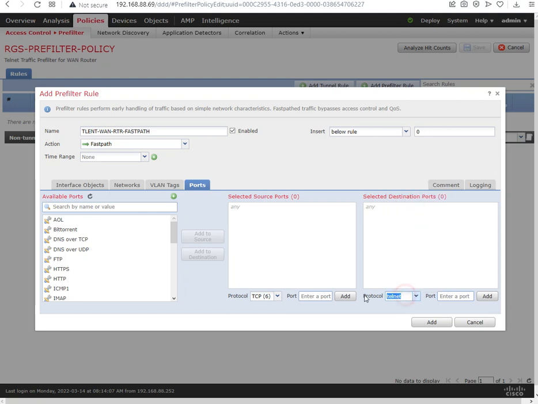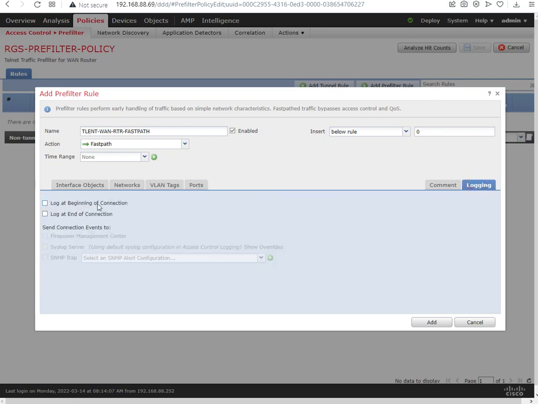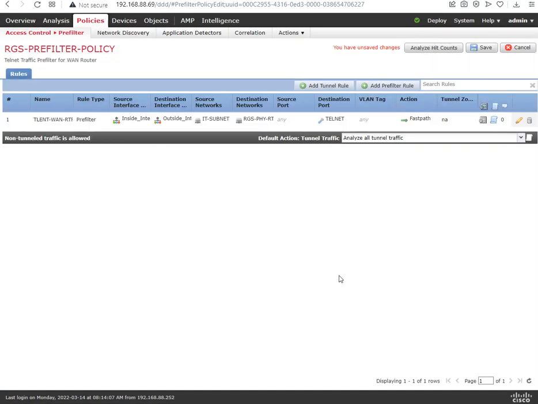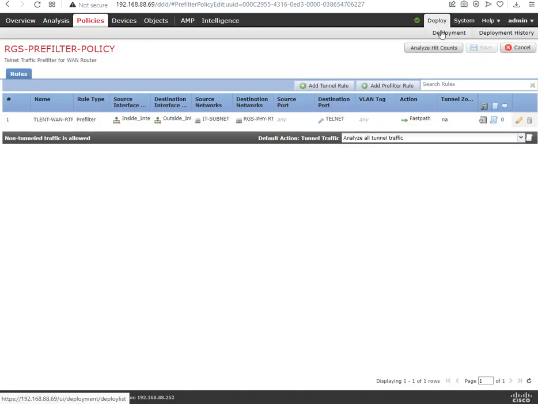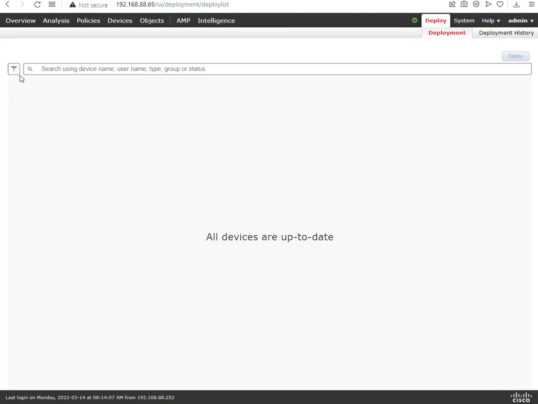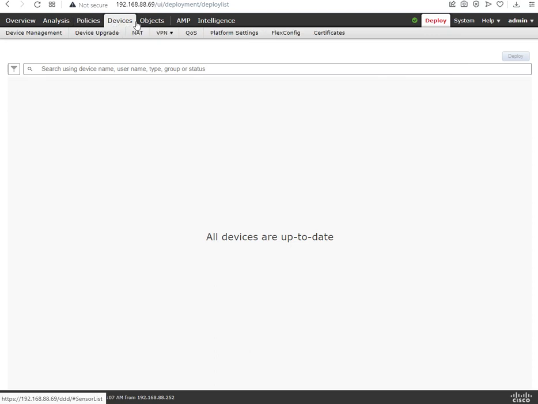Why it's not working, I don't know, but it should work. Here is telnet, and logging should be enabled. Click on OK, click on save, and let me deploy the settings. Okay, why is it not allowing me to deploy? Because